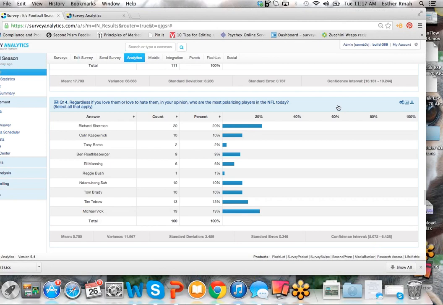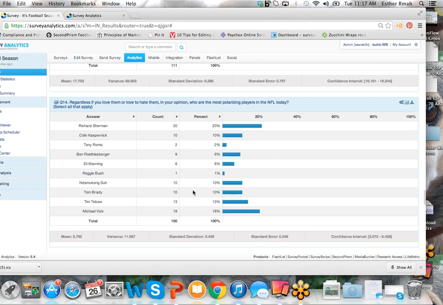Again, if you are looking for the top three choices, this is what the simple frequency analysis gives you. But this isn't always the right way to look at the data. Here we note that Richard Sherman, Michael Vick, and then of course Tim Tebow here is your top three most polarizing players among the list.